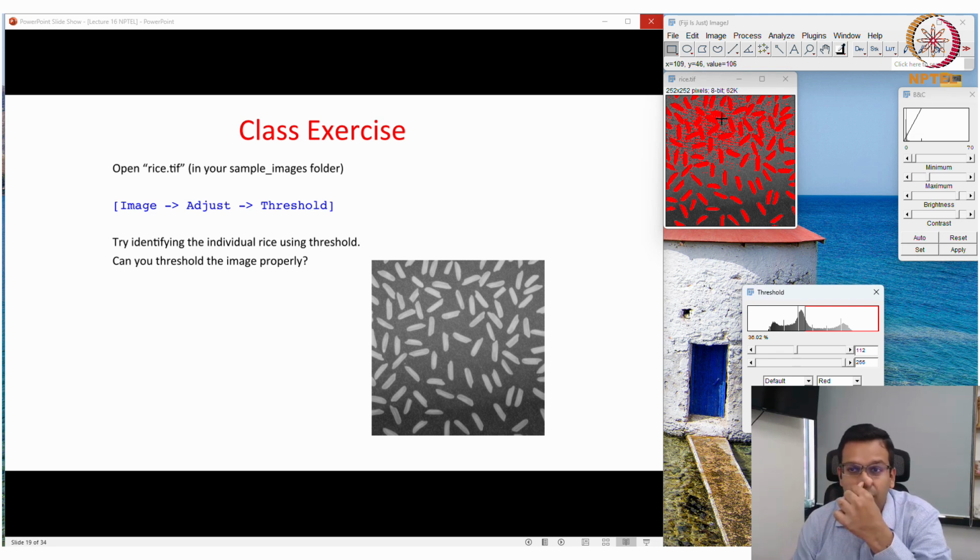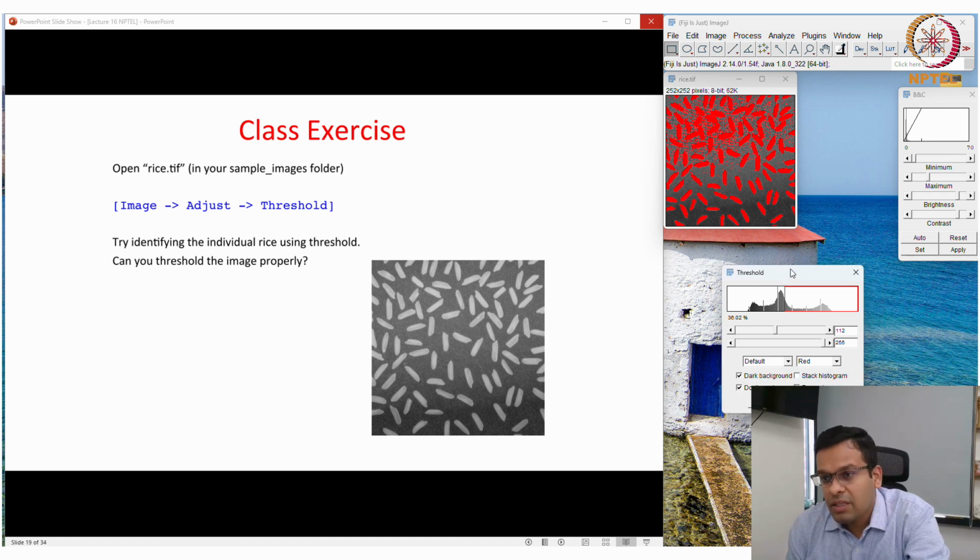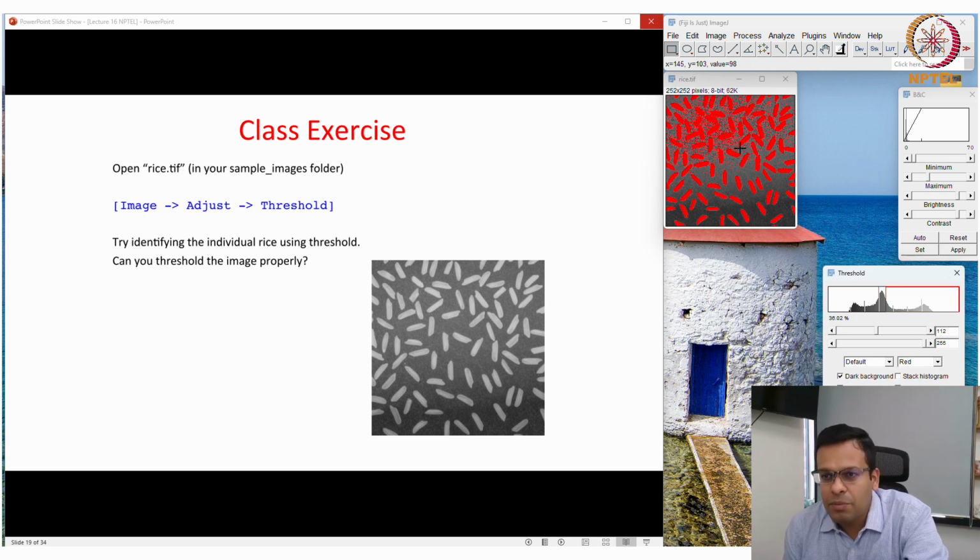And that is not good for image segmentation, because it will also identify those small things as individual objects. So basically the thresholding function doesn't work well with this kind of image, where the intensity values are different from one part of the image to the other.